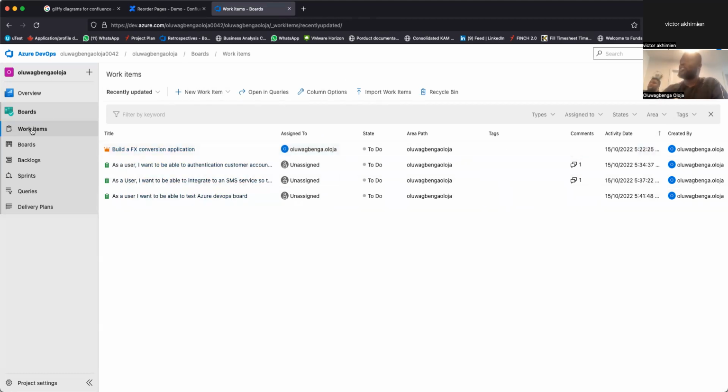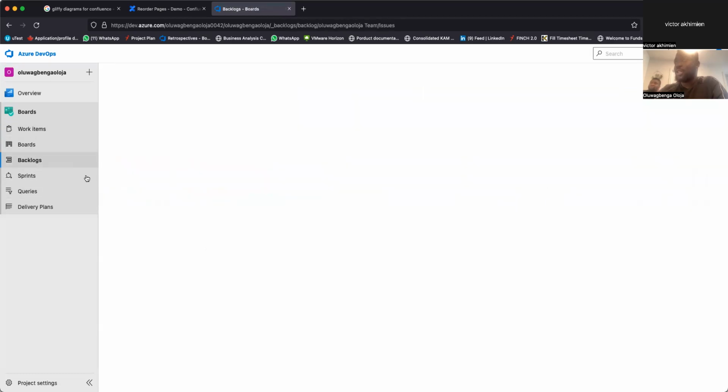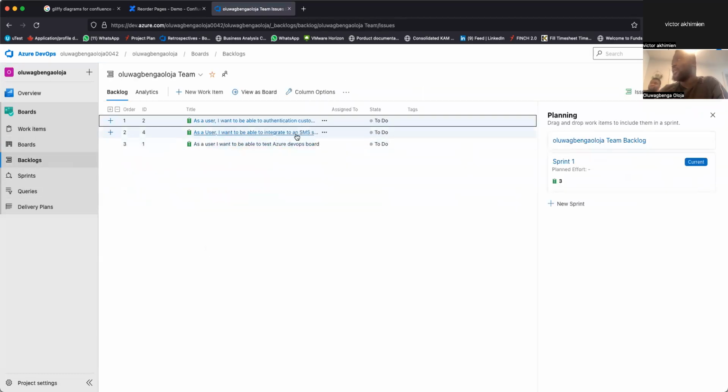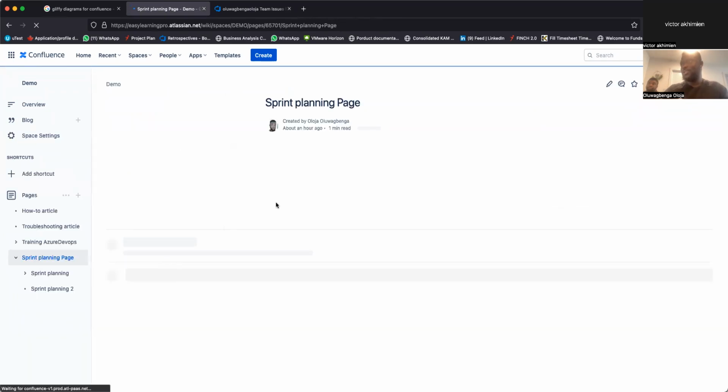I think this one is just listing all the work items. It is from the board, you actually go to the backlog to prioritize them, right? So basically you prioritize your backlog, right? And in this case, I have my backlog prioritized. Guys, I'm the BA, remember. So now I've come to sprint planning. I'm taking this back to our sprint planning on Confluence.